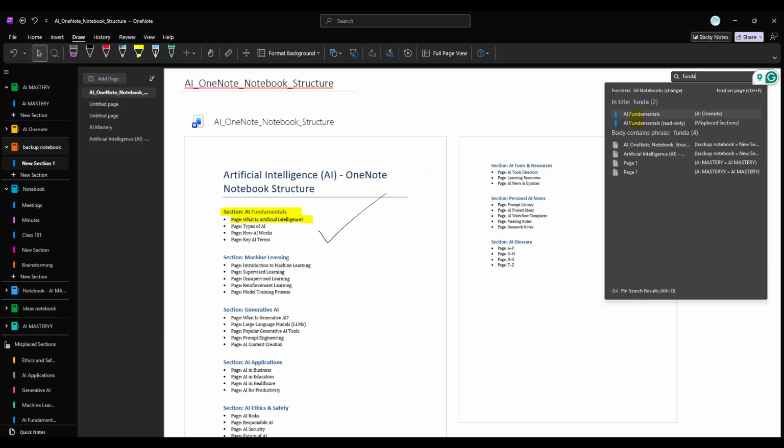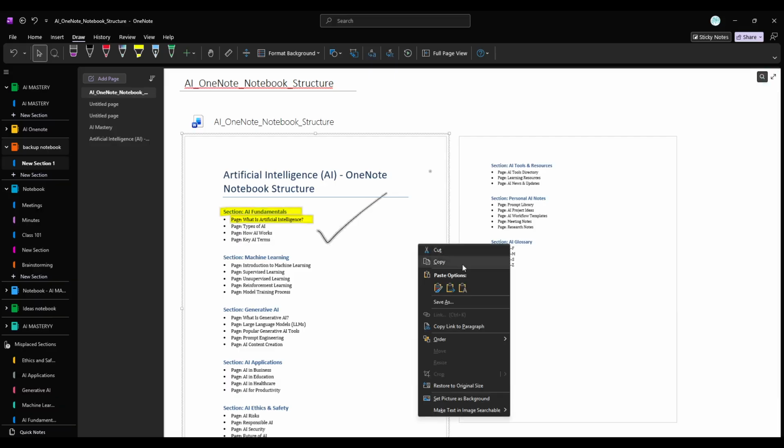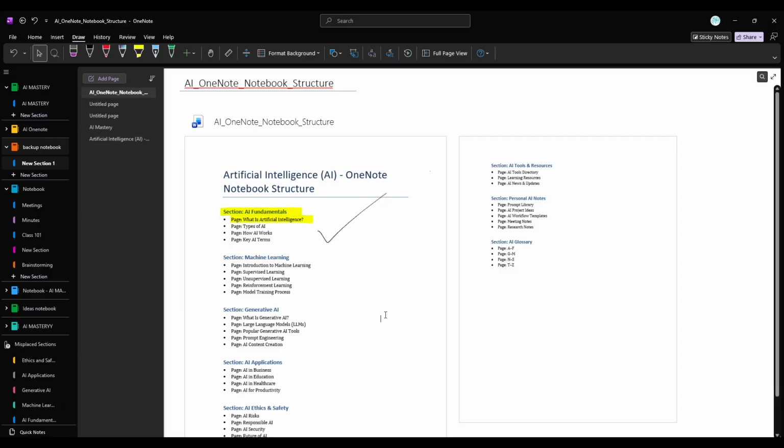And here is the really important part. Prevent accidental movement. Right-click the printout and select Set Picture as Background. Now it is locked in place. You can draw over it, type next to it, and it will not budge. This is a game changer when you are taking lots of notes on top of a document,